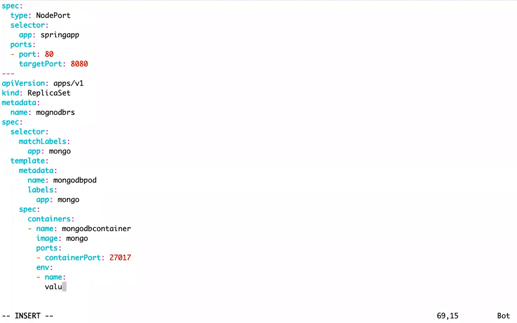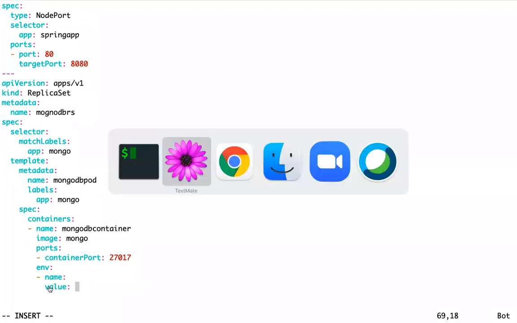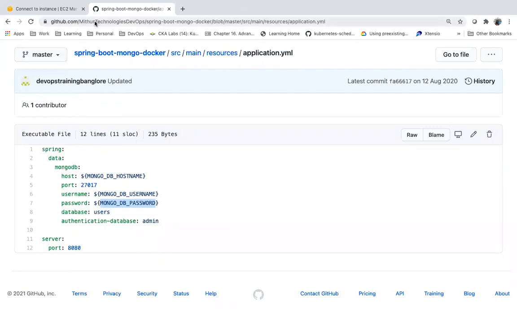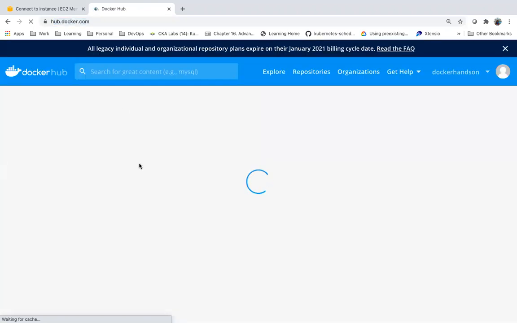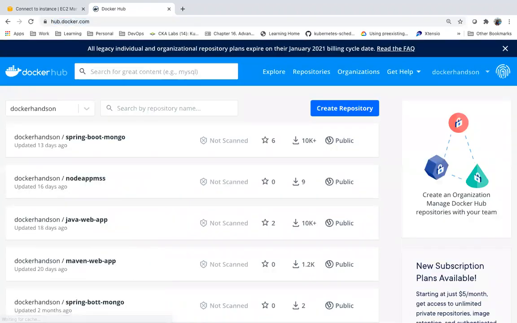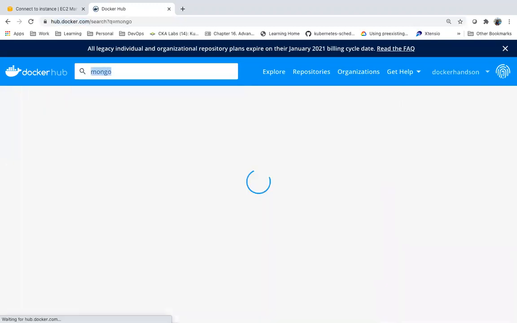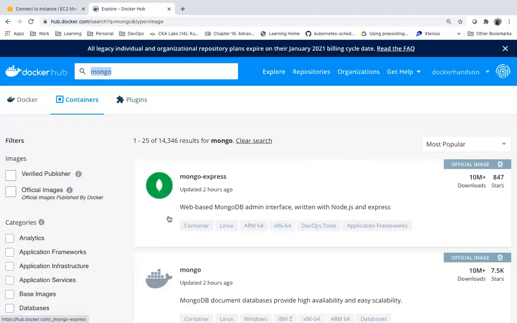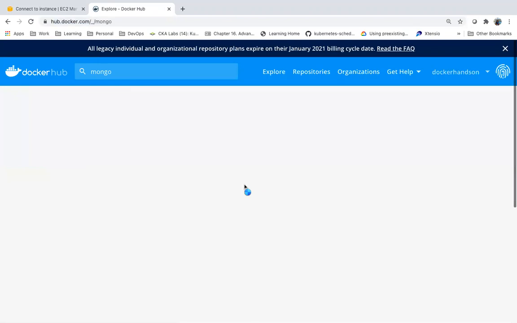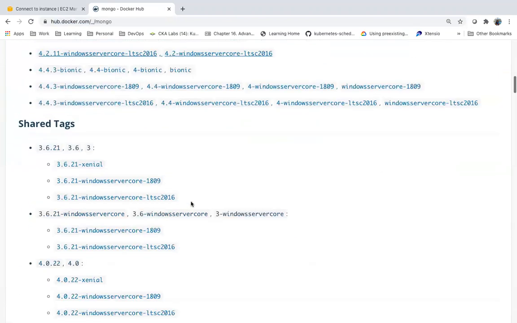What are they expecting? If you go and check the official hub.docker.com, if you see the Mongo image, you can read through this.